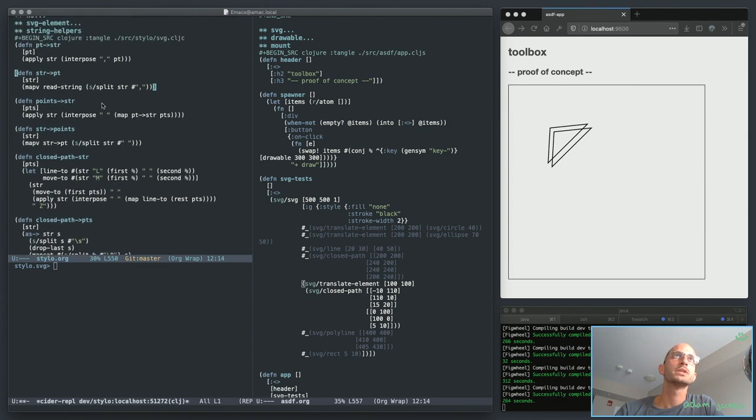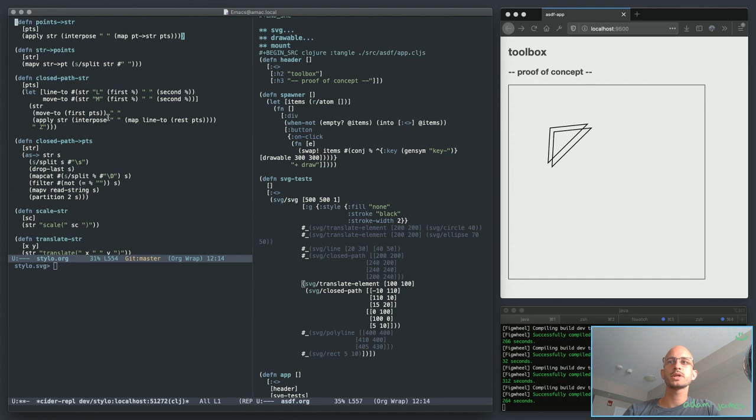These names really should be cleaned up a little bit, but I'm not exactly sure what a good way to name them is. But here, this is my problem. Closed path back to points, right? If I run that over, so let's just run closed path string on a list of,